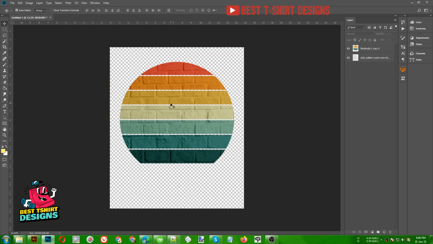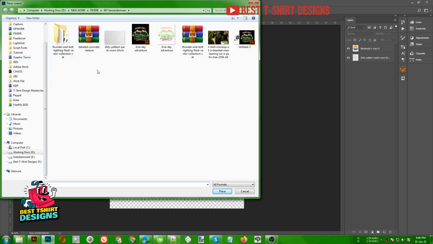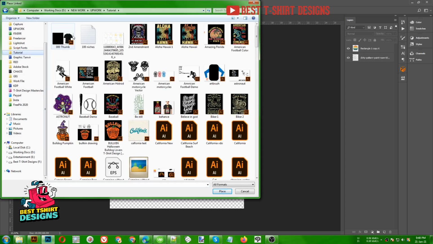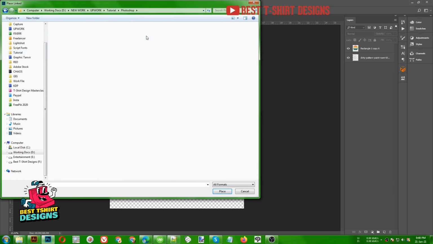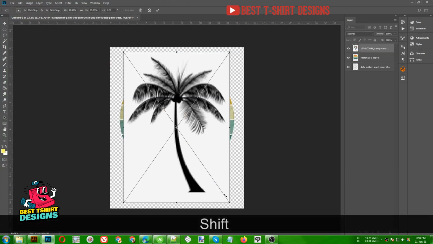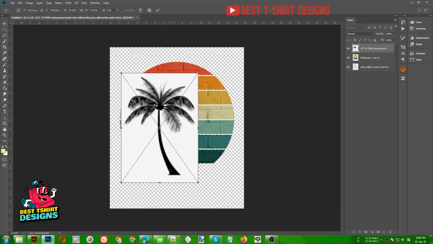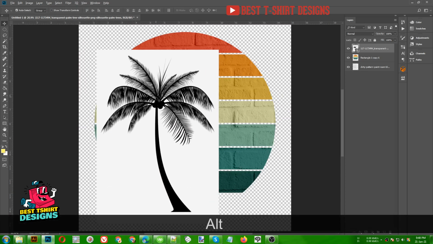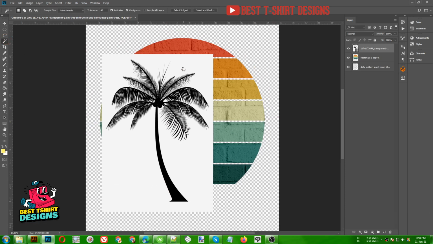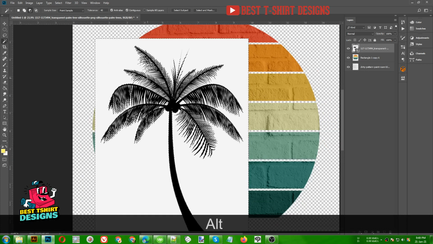Now I'm going to add some more elements here, and I'm going to go to File, then Place Linked, and okay, sorry for that, I need to bring in that file. This is a palm tree. I'm going to use this in my design something like this, maybe a bit smaller in size, that is fine. In this area press Enter, so Enter will place it in my design. Now there is white in my design. If I try to remove the white with the magic wand tool or any other tool you prefer, that will not be a perfect selection because there are too many small details in the graphic here. So we are not going to do that.